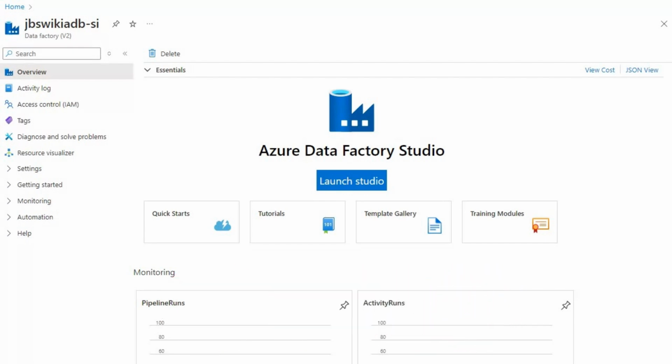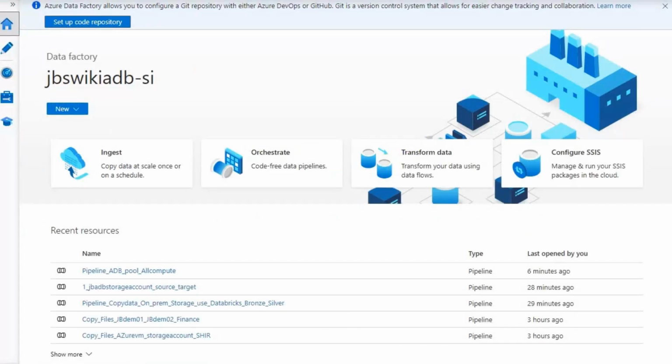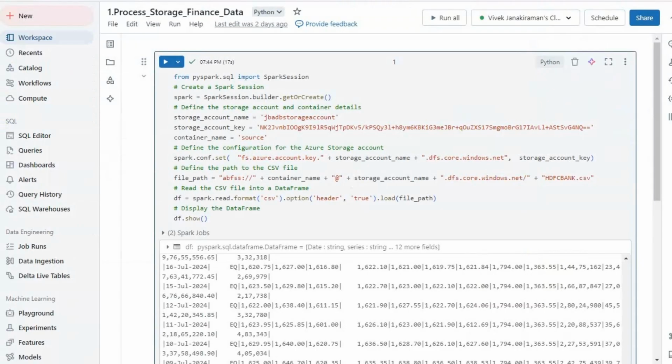Let's get started. So right now I have launched the Azure Data Factory Studio. What I'll be doing is executing a pipeline that will be calling a Databricks notebook. Let's first look at the Databricks notebook that we are going to call from Azure Data Factory. This is the notebook that we'll be using, which is